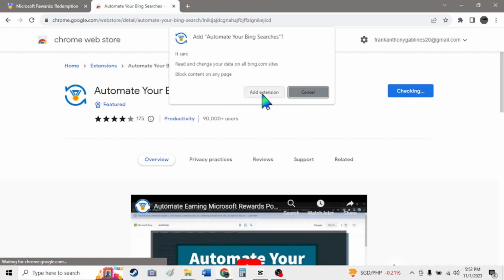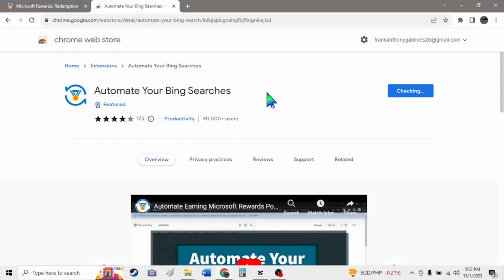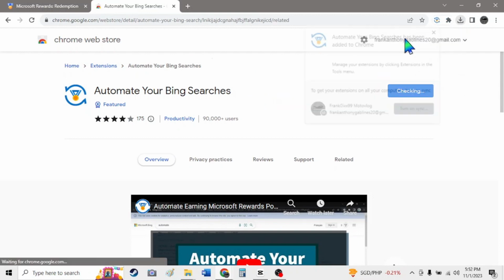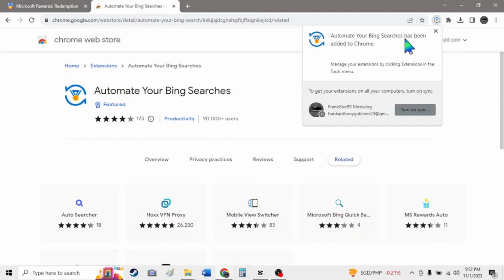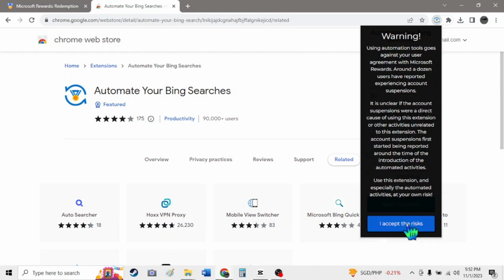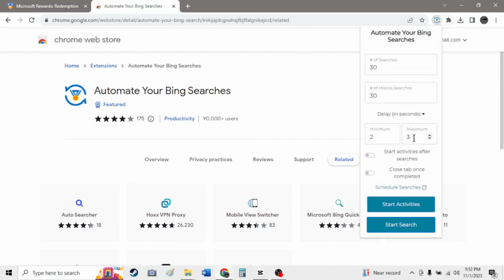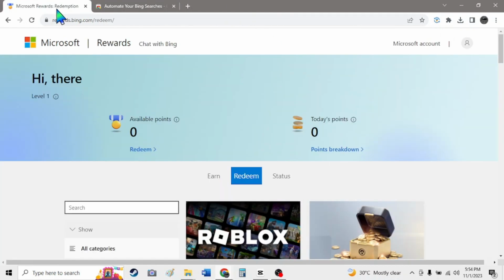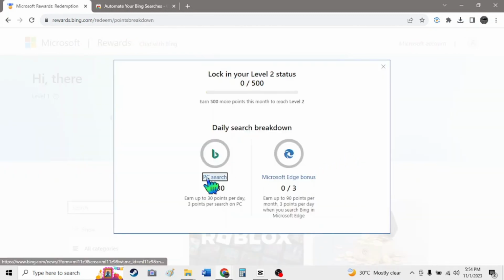It will download it, and then you'll see at the top right hand corner, press the puzzle. Press pin, so you want to see it at the top, and you're going to want to go back to the tab, so just press I accept, and then you can see this, but just go to the top left, go back to the thing, and then scroll up, press points breakdown, press PC search,